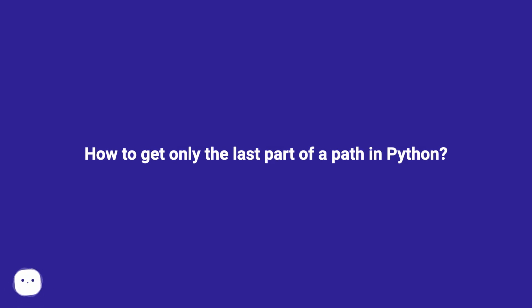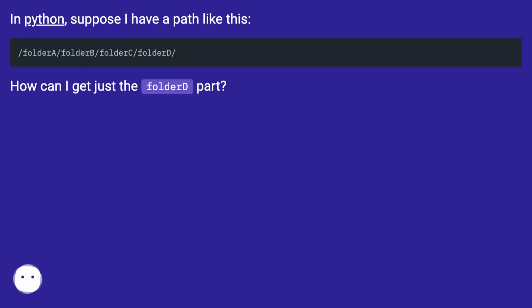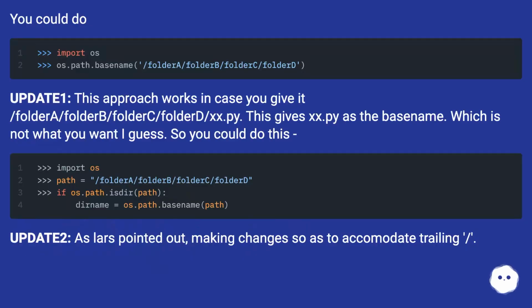How to get only the last part of a path in Python? In Python, suppose I have a path like this. How can I get just the folder part? You could do